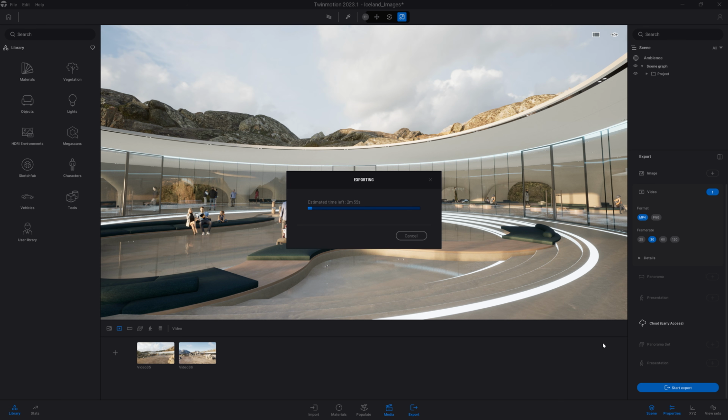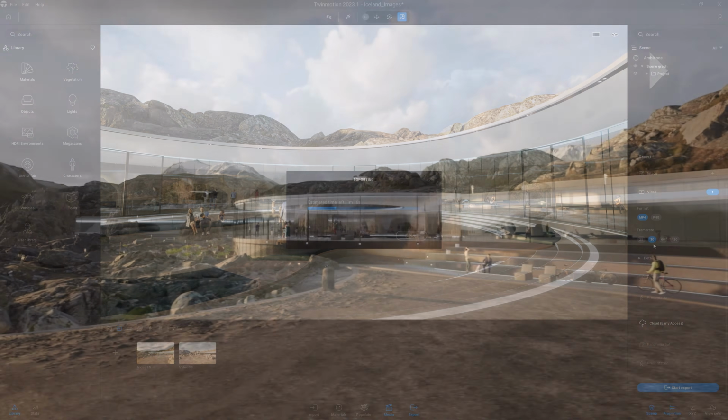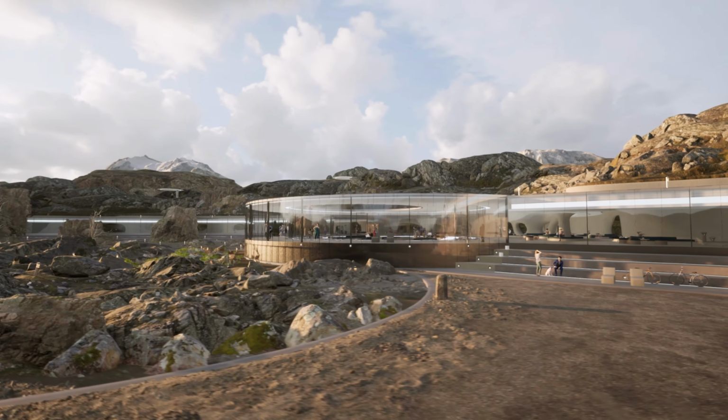Of course, depending on your video, it might take longer to render. Here we are, as we can see on the right, at 30 frames per second. That means for 1 second of your clip, 30 images will be calculated. So it's just something to bear in mind. Videos are longer to calculate than images. And here is our final video exported.